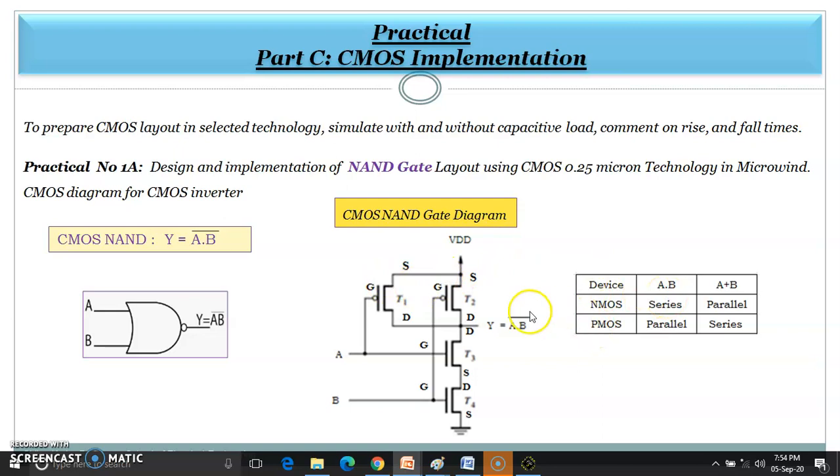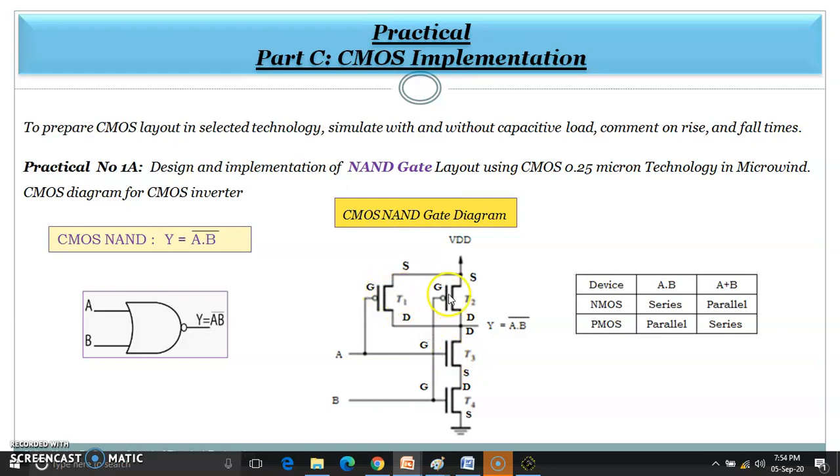So here I will be starting with NMOS first. NMOS will be in series, and that's why this is the first NMOS, connected in series with the second NMOS, and it is connected in the pull down network, so connected to this VSS. In the same way, opposite to that, I need to connect PMOS in parallel, and that's why there are two PMOS. It is denoted by this bubble, which is the only difference in the symbol, otherwise everything is the same. The bubble indicates an active low device, where 0 is required to turn the device on, and this is the active high device, where 1 is required to turn the device on.